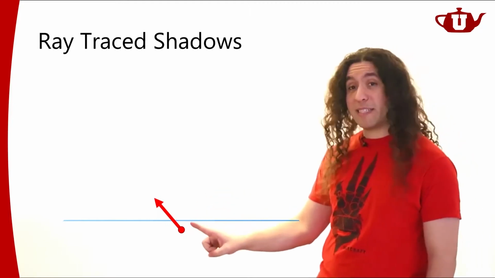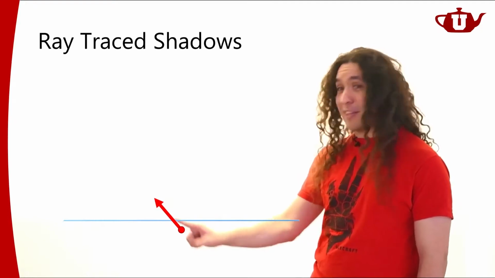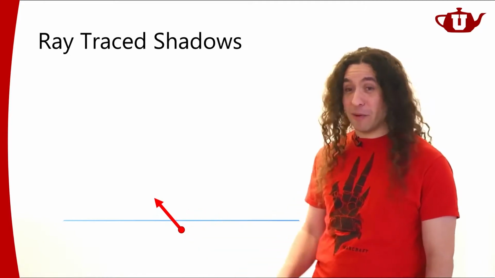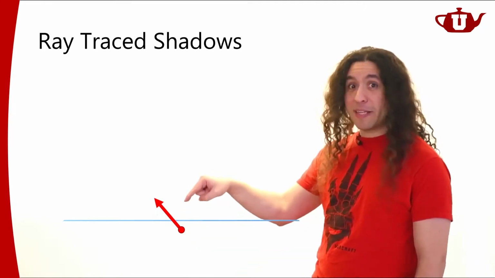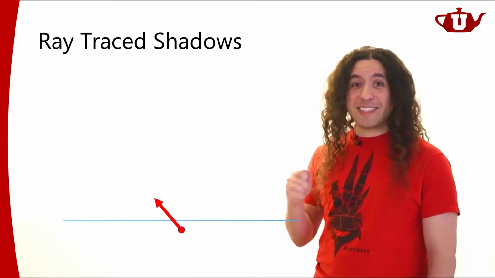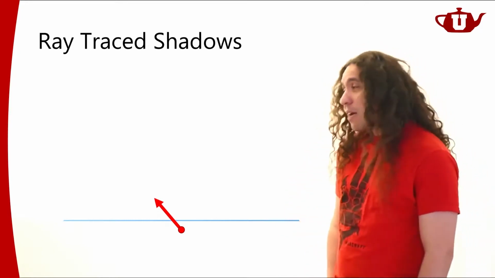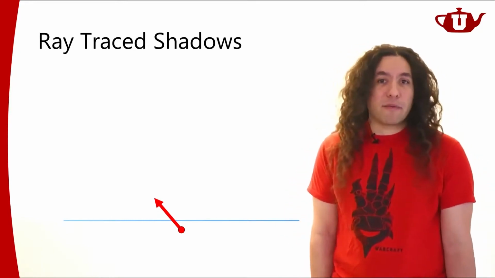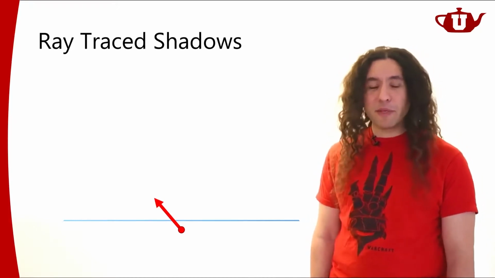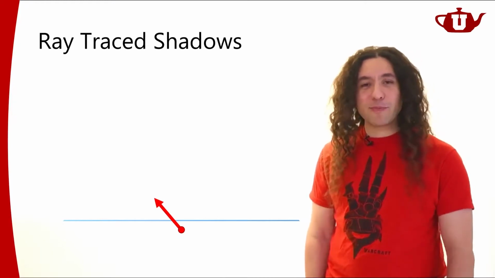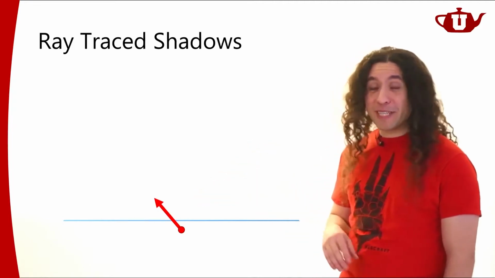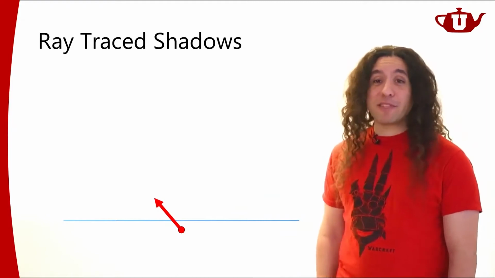what's going to happen is that when I send a shadow ray, that shadow ray will just hit this plane. Right? Shadow ray will be hitting this plane. So it's as if this point is shadowing itself, which is not good. Not good at all. That's definitely not what we want. But it's a very, very typical problem because we're always dealing with finite precision. We cannot have infinite precision. Even if we could, we don't want to. That would be way too expensive. So we're going to be dealing with finite precision floating point arithmetic. That means that, yeah, we're going to have this problem.